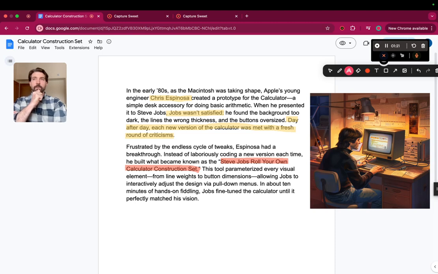And what it allowed for was Steve, the visionary, who couldn't code really, the ability to sit down, and Chris gave him the tool set to allow Steve to realize exactly what was in his head, but he didn't have the capability with the tools of the day to get that out into a tangible item. And so Chris built this tool for him.